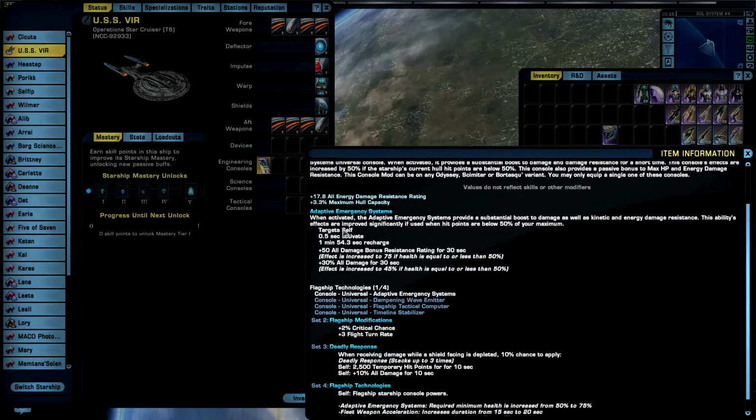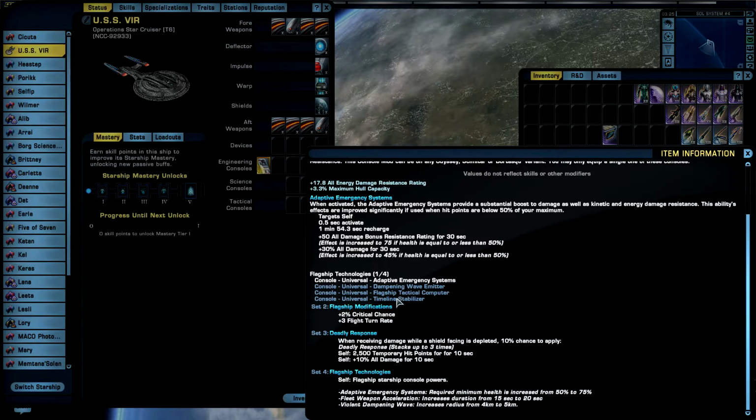This ability's effects are improved significantly when your hit points are below 50% of your maximum. So 1 minute and 54.3% recharge. So that's basically a 2-minute cooldown for this special ability while active. Plus 50 all damage resistance ratings for 30 seconds and plus 30% all damage for 30 seconds. Real nice. So if you have 2 pieces out of these 4-piece sets,